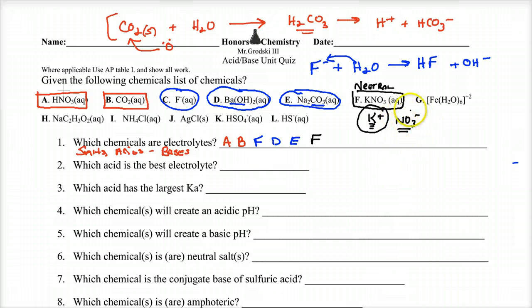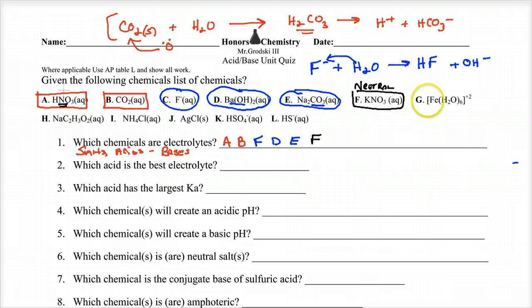And my friends in chemistry, nitrate is the conjugate base of what? Nitric acid, HNO3. The reason why nitric acid is a strong acid is because it has the ability to dissociate completely, or you can think of the conjugate base as having no ability to reform the acid and pluck a proton from water. So that's how I'm looking at these compounds, as you should be. So KNO3 is definitely an electrolyte. Okay? Now,